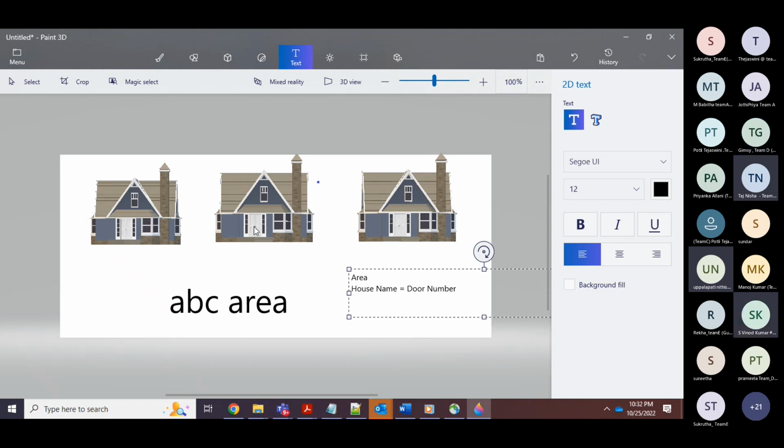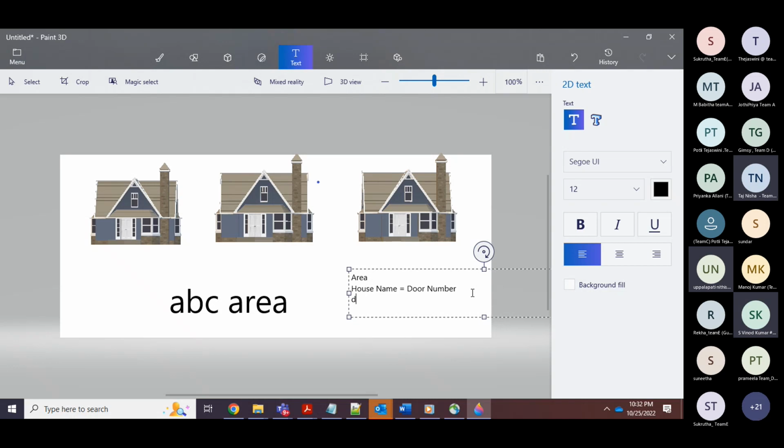How do you identify this house name, 289? How do you identify this house name, 434? How do you identify this one? Some custom names would be different, but when you talk about the postal people, they will understand with the same door number, right? House name and the door number both are the same, right? Yes, sir. Okay. One is an area, one is a house name and door number, and anything